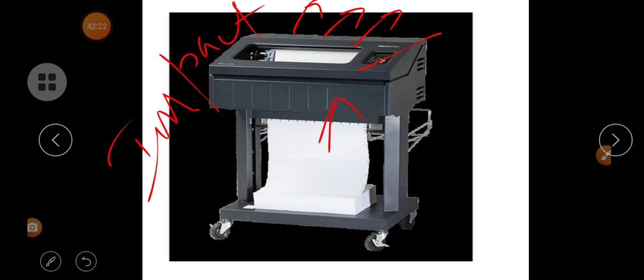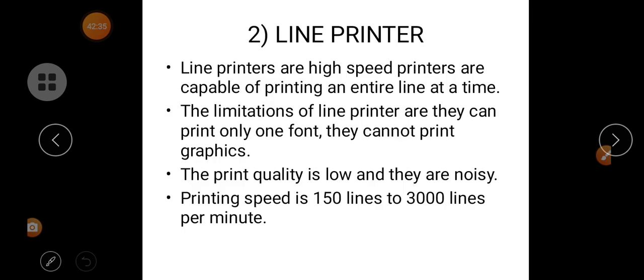See here there is a print head. We can adjust this here, and from this we can load the papers into this cupboard, that is an impact printer. Okay. So, line printers are high speed printers that are capable of printing the entire line at a time.